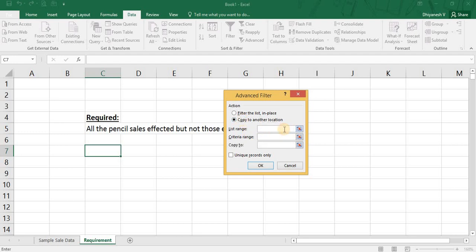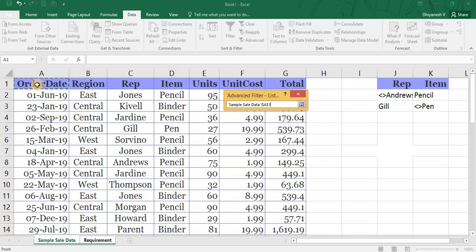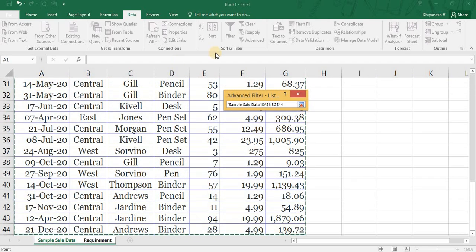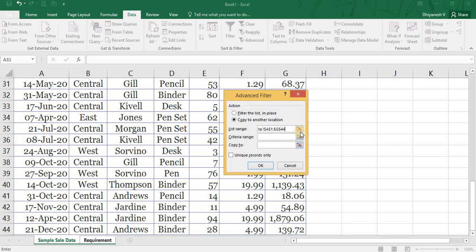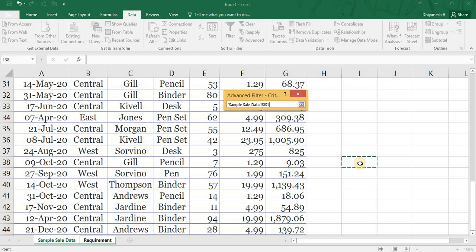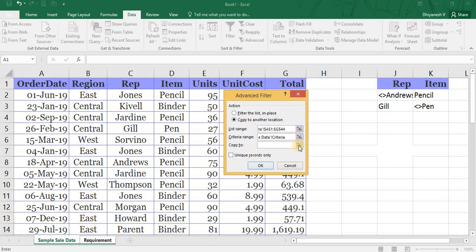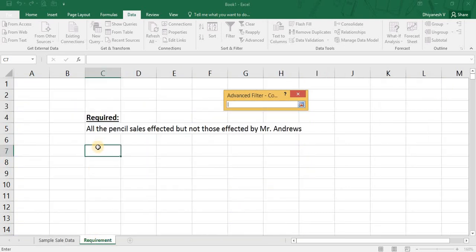Since I am not having any data table starting from this cell, the list range is not filled, so I will manually select the list range from the sample data I have in the previous sheet fully, and then I will manually select the criteria range from the previous sheet that we typed, and then